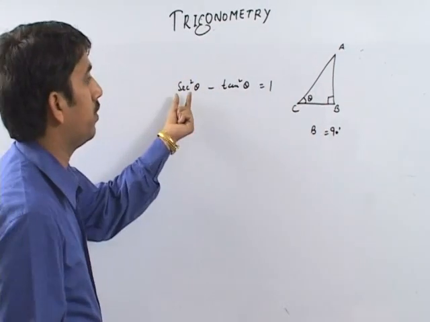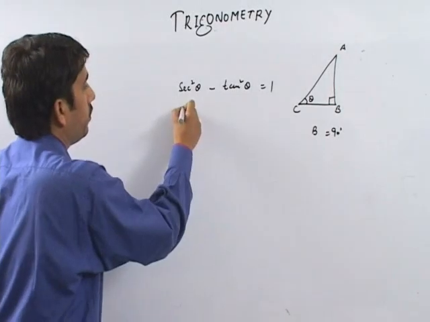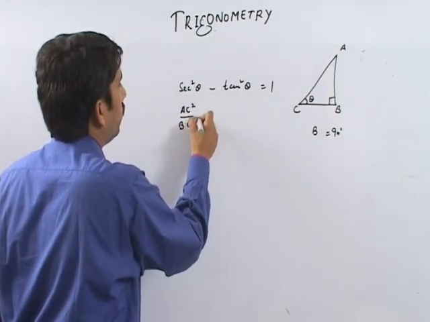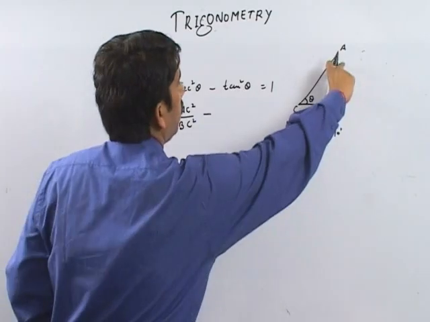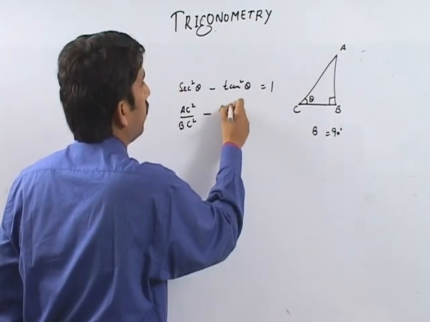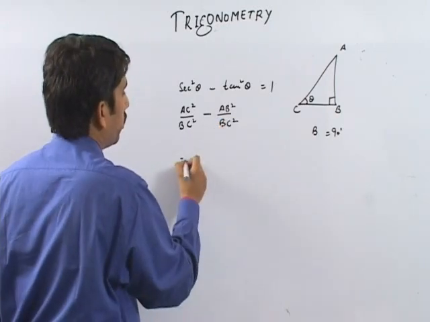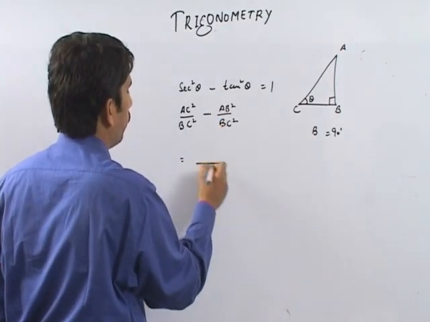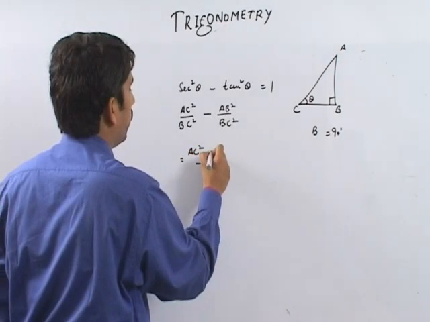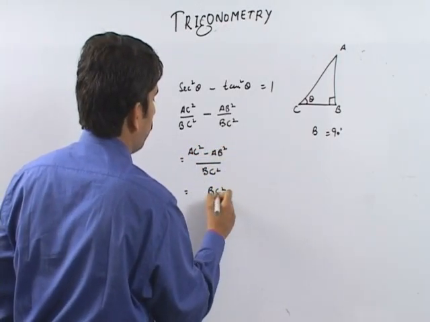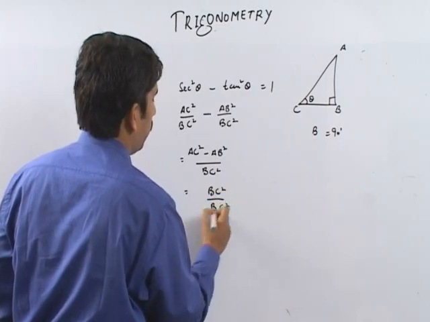Just take the ratio of AC square over BC square minus AB square over BC square, and this will be equal to AC square minus AB square over BC square, which will be equal to BC square over BC square, which again is equal